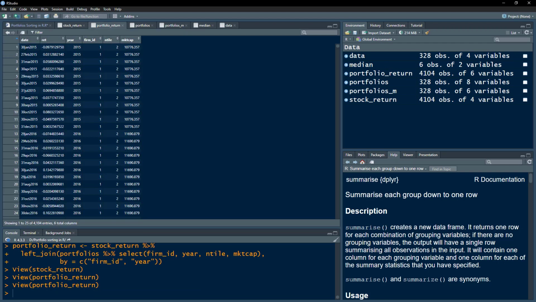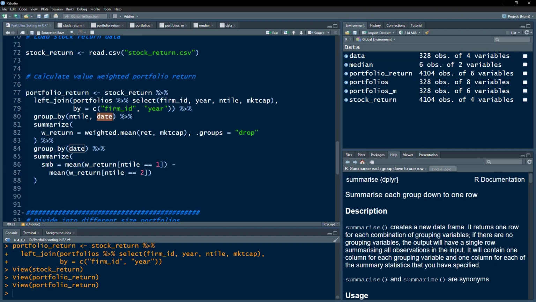Because we want to create stock returns, portfolio returns for each date, right? For each date, we create a weighted return that would be calculated on the basis of this weighted mean function. The return is the RET column and the weight is the market cap column. If I execute this, next we need to group by date and create the SMB column, which would be equal to the mean of the small stocks minus the mean of the weighted return